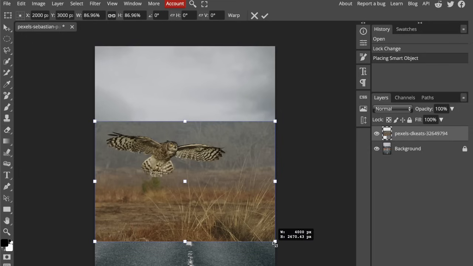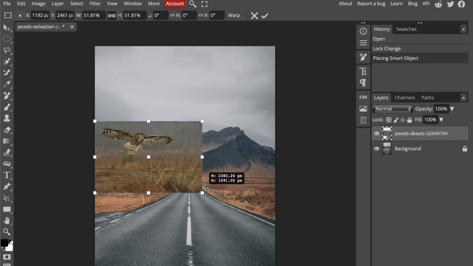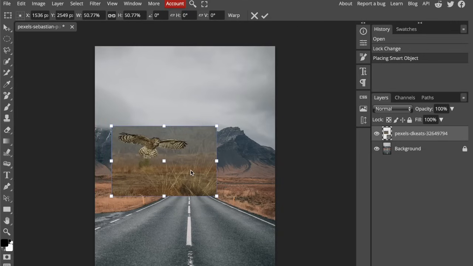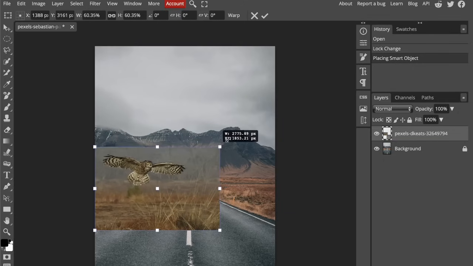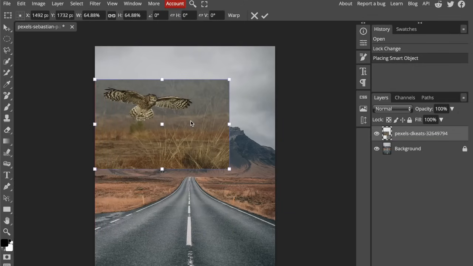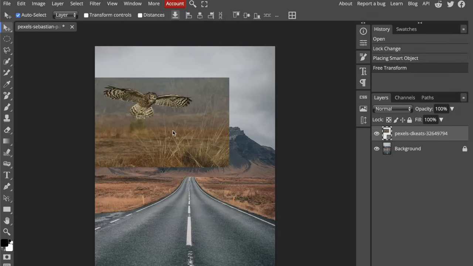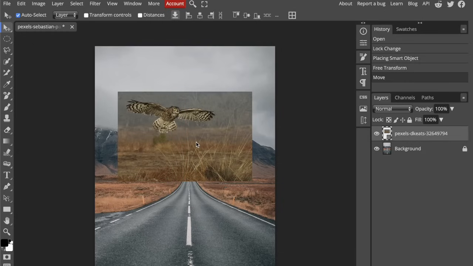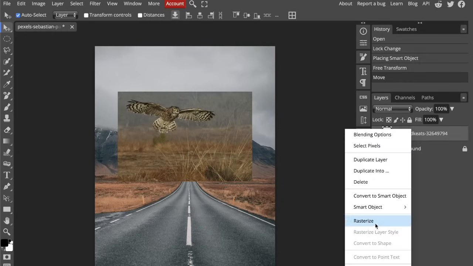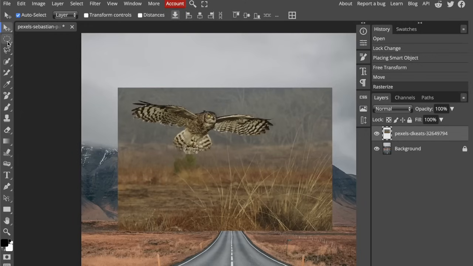You can resize it with Transform or Ctrl+T and hold Shift to maintain proportions. We'll fine-tune scale and positioning later, but for now focus on building your composition. I will delete the background of this image using the select instruments that we learned about previously. But before, rasterize, then select